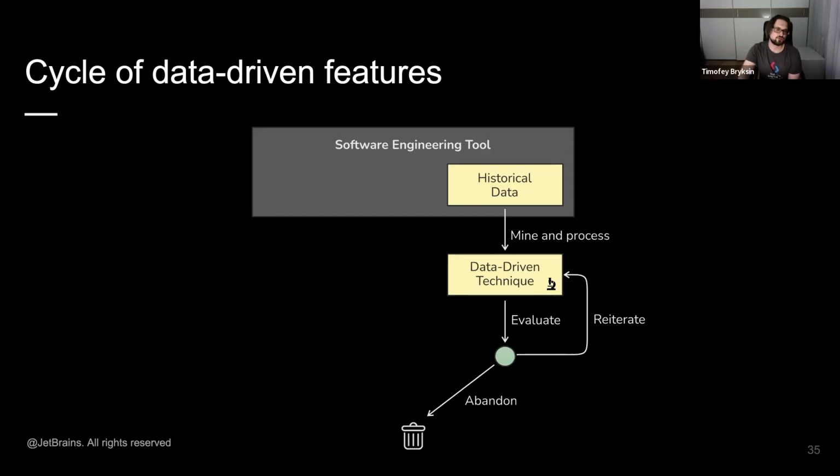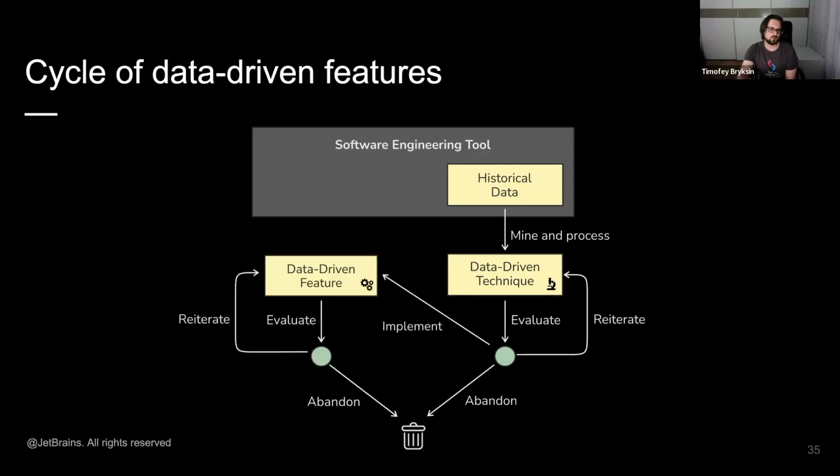Researchers in academia mostly work on data-driven techniques, publishing papers where they compare these techniques to alternatives and baselines. Some people make an extra step and develop a tool, providing other people the means to actually use this feature. It requires a lot of additional work, and gladly we have tool tracks at software engineering conferences, and a lot of people do that, which is great.